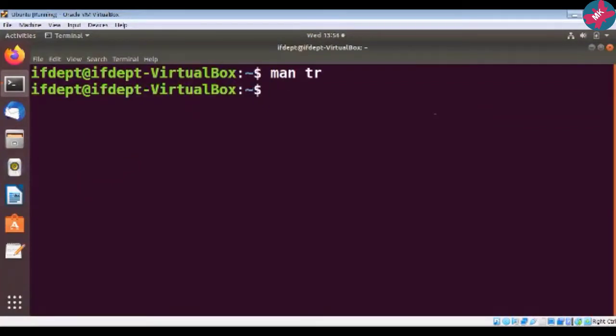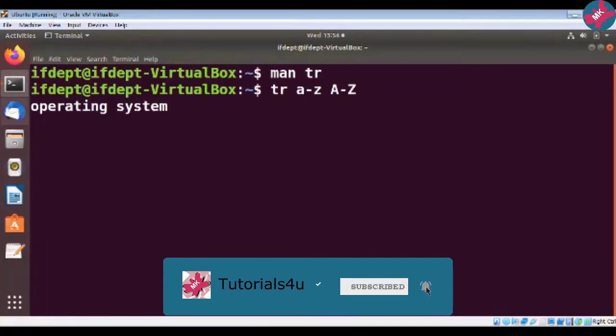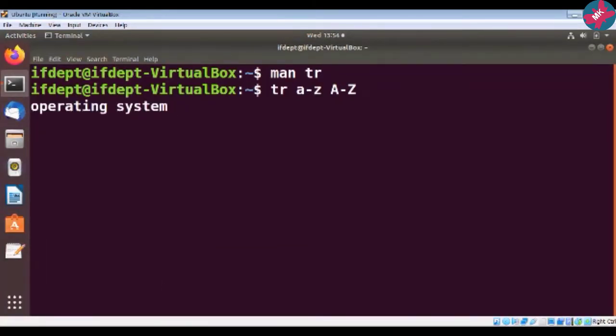Suppose I am interested that whatever input I give, I want that input text to be converted into upper text. So first, how will I use this tr? Suppose lowercase needs to be converted to uppercase like this. This is what I want. If I press enter and type here operating system, observe here, this is all in lowercase.